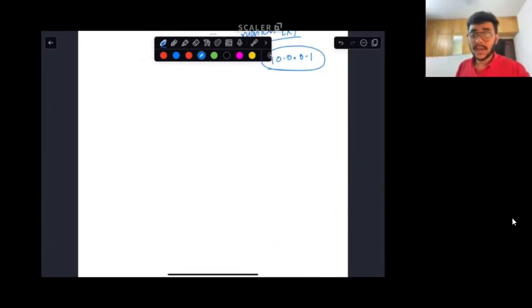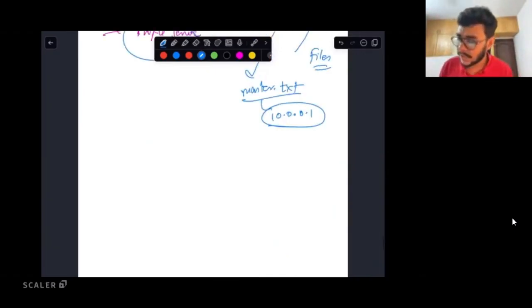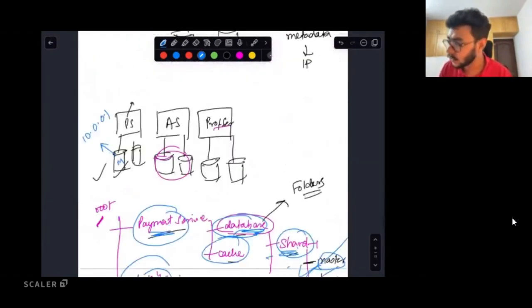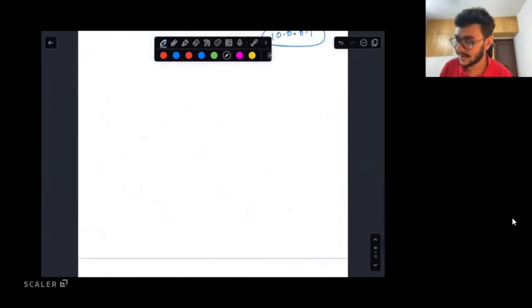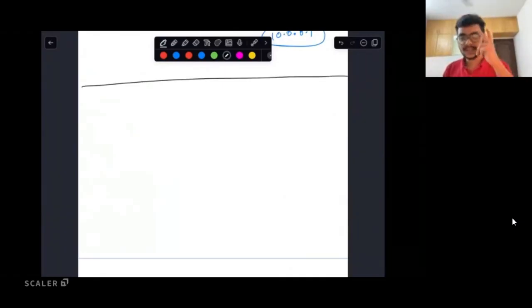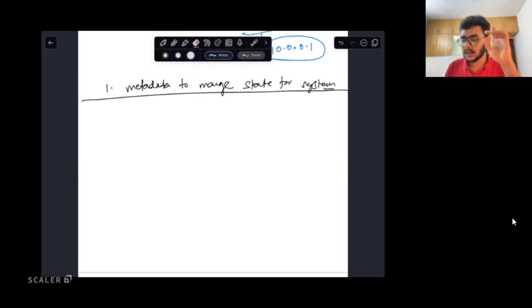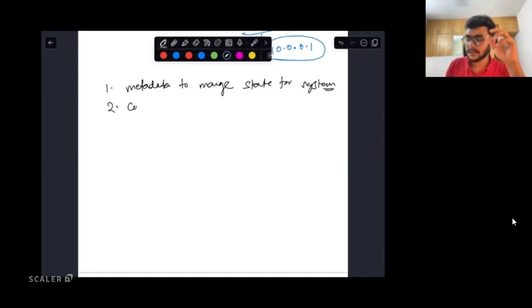Awesome. So guys, if this makes sense to you, let me also tell you, I told you there are two things that Zookeeper wants to store, right? Can you go ahead and type it? I'll not show it to you. Quick quiz. Can you type the two things that Zookeeper needs to store? One we have already seen, which is the metadata to manage state for the system. But we have not taken config files. Yes, config. The second thing is config, which you want to store.